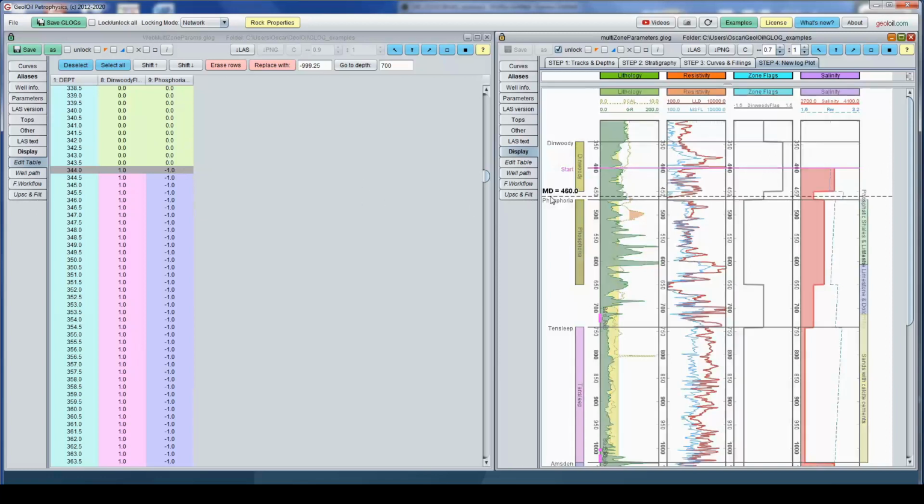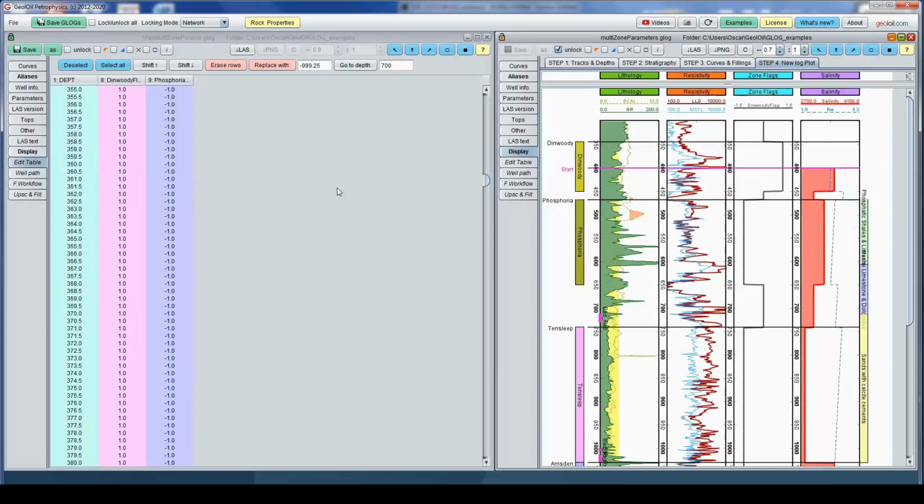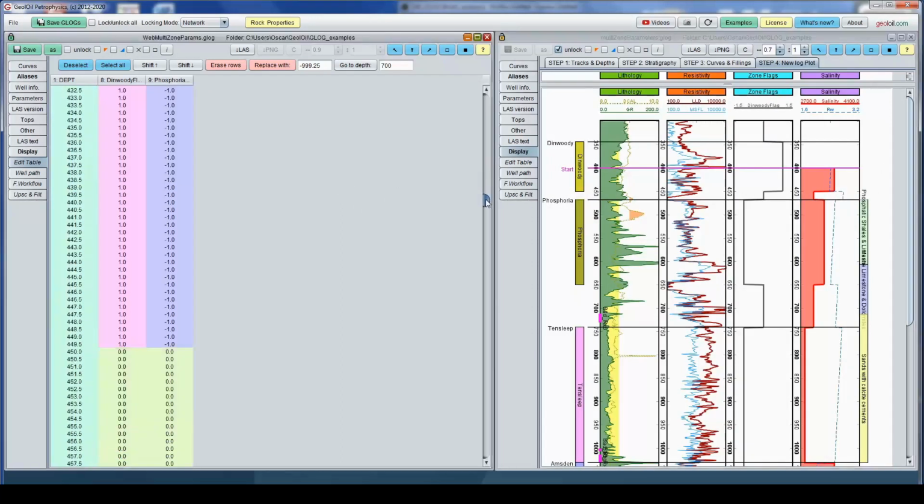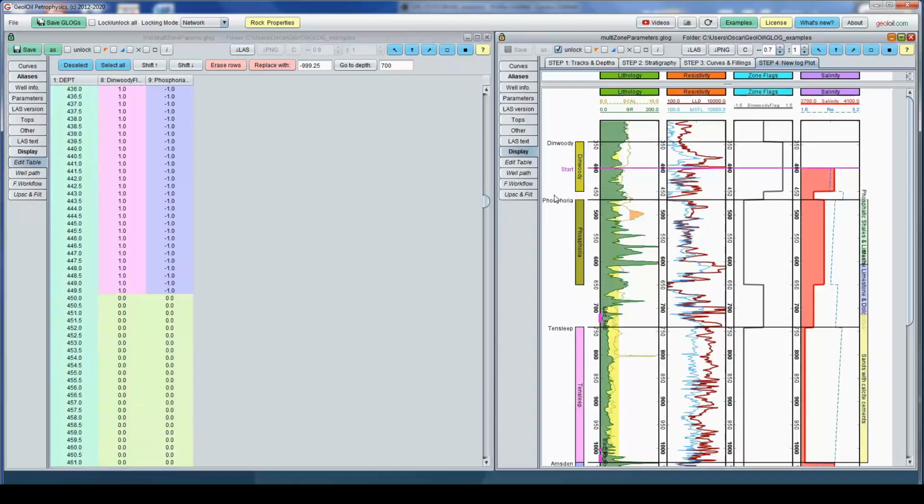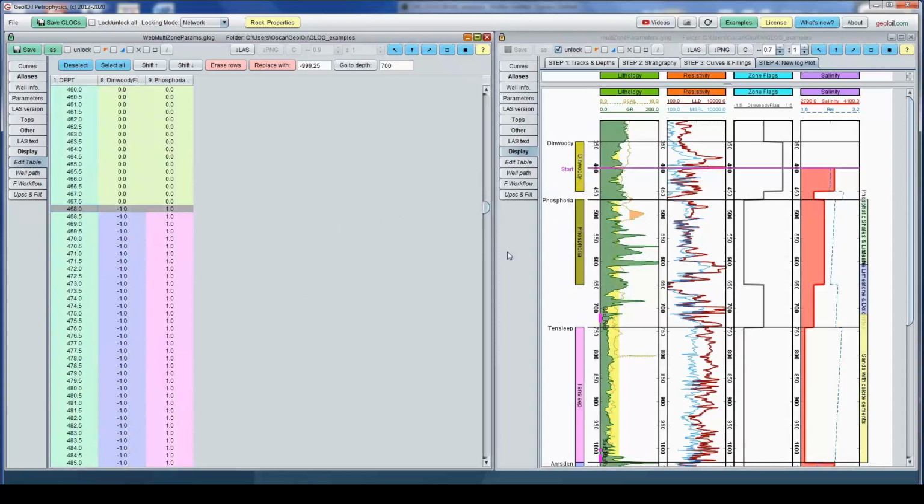You go deeper, what will happen in this region? This blank. You go deeper. Here is a 0 zone for both Dinwoody and Phosphoria. There is a blank. We do not know anything on that stratigraphy, so there is a 0. Then you go to the next.